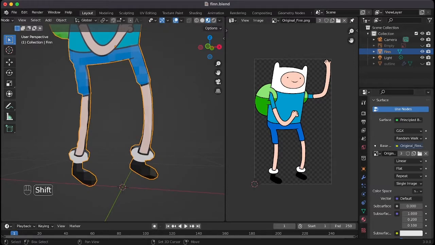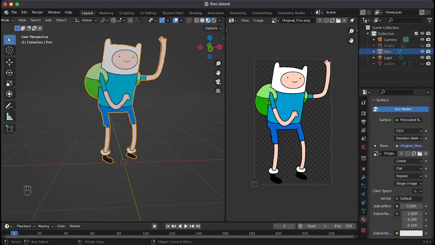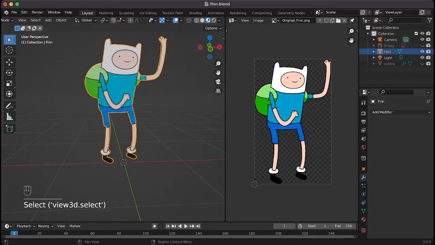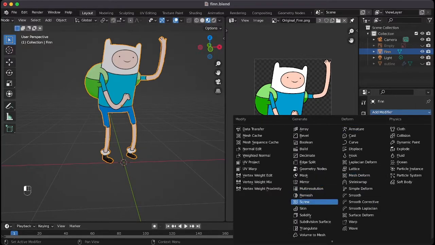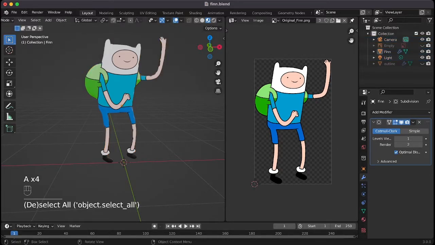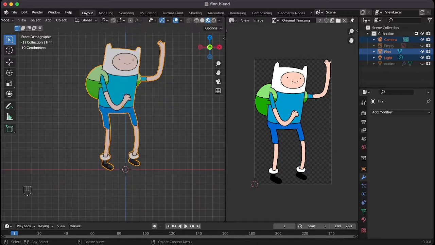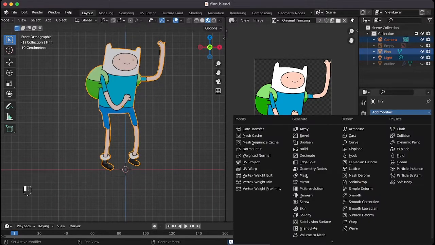If you want the outline to look a little smoother, I don't recommend this from a performance standpoint. You click on Fin and you go to the subdivision and smooth things out somewhat. Still, I think that looks a little weird. We don't need that. At this point, we want to save. Let me see if we can fix